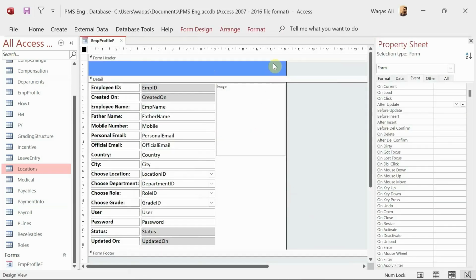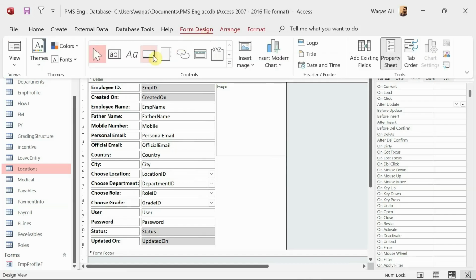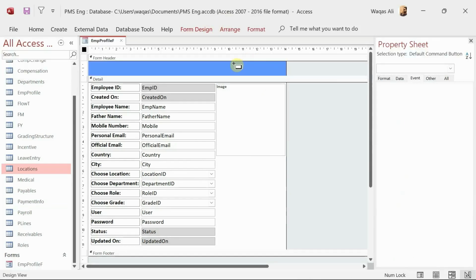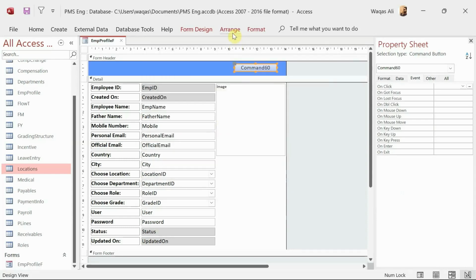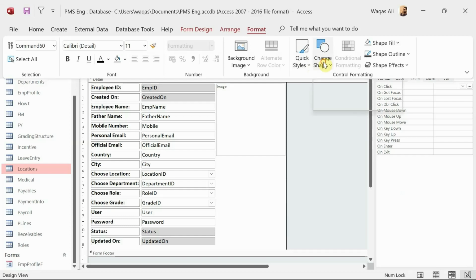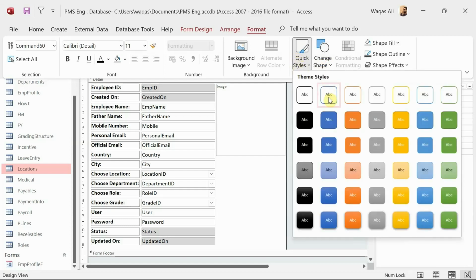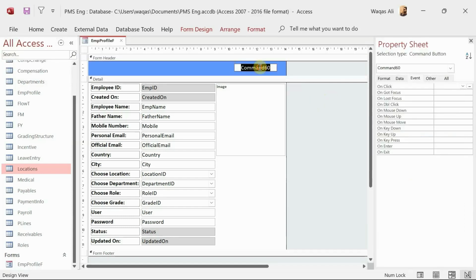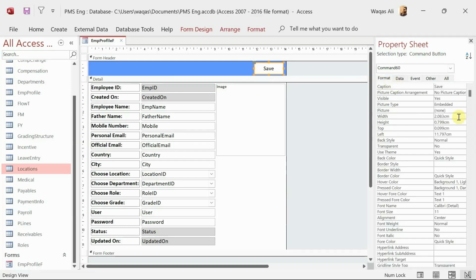Now I would like to get two buttons, one button called save, another button called inactive button. I'll go to the form design in the ribbon, and I'll choose a control called button, and I'll drop it here. I'll go to the format, I'll go to the shape and change the shape according to your preference, and I'm going to choose this style, and I'm going to make it the save button. The next thing is I want to increase the width of this button. I want to have the icon as well, so I'll go to the property sheet of this button, format tab, picture,